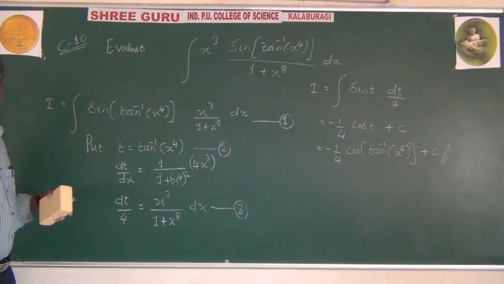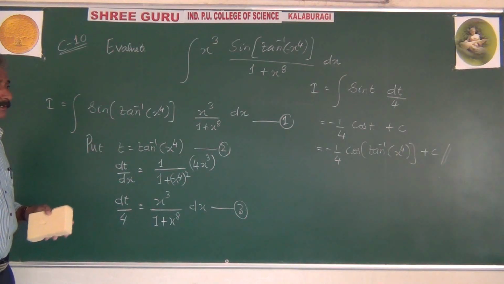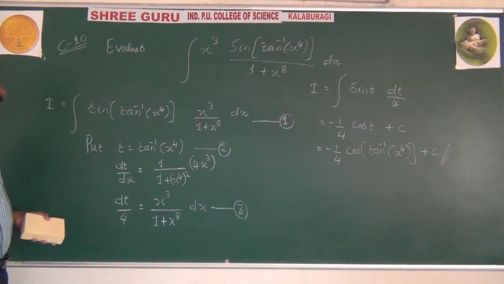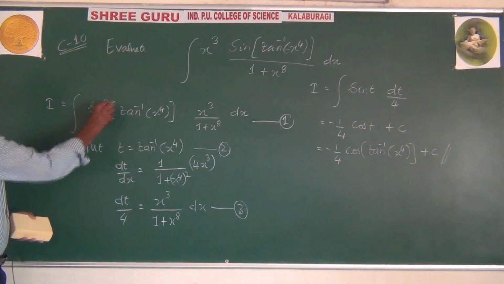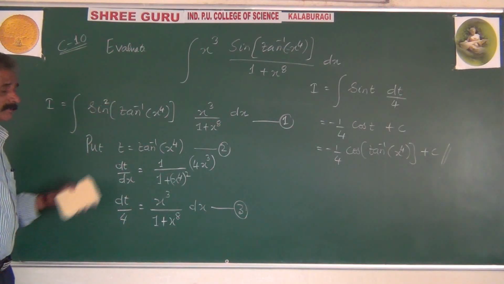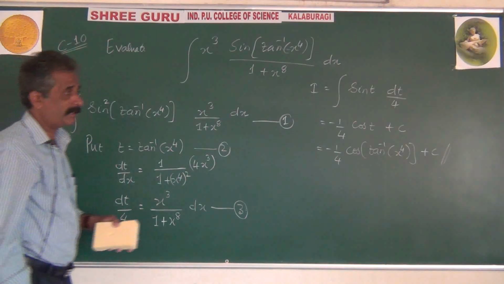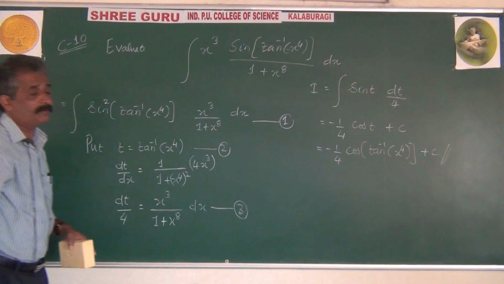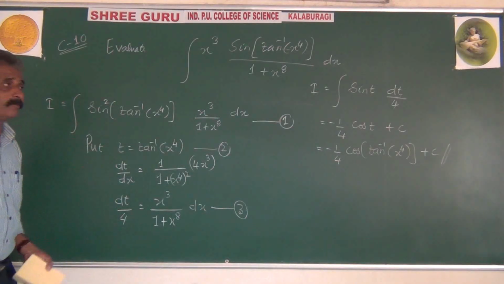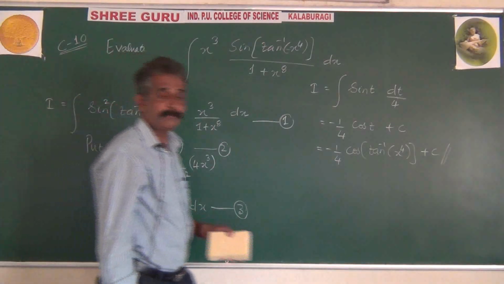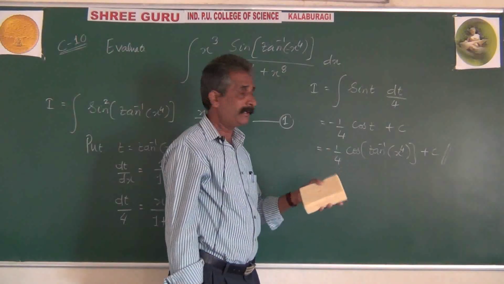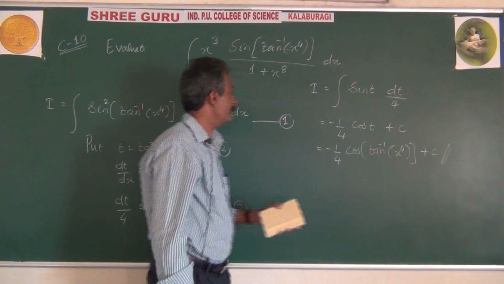But these examples I am solving are not one in number, they are actually many in number. This may be given with sine square. If it is given with sine square, there is no change in method or mechanism. Here we get sine square t. So we don't have a direct integration formula for sine square t. Apply the formula for sine square t as 1 minus cos 2t by 2. Then integrate, replace back value of t.